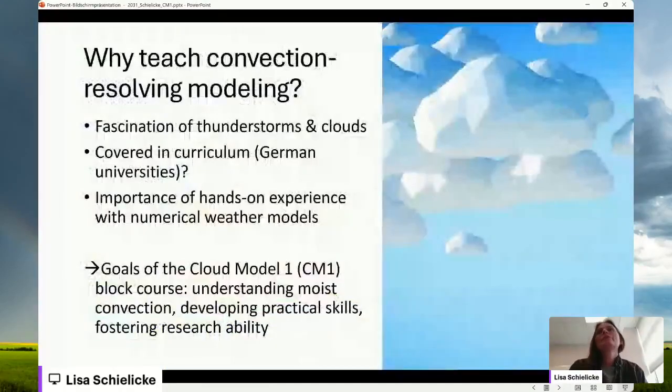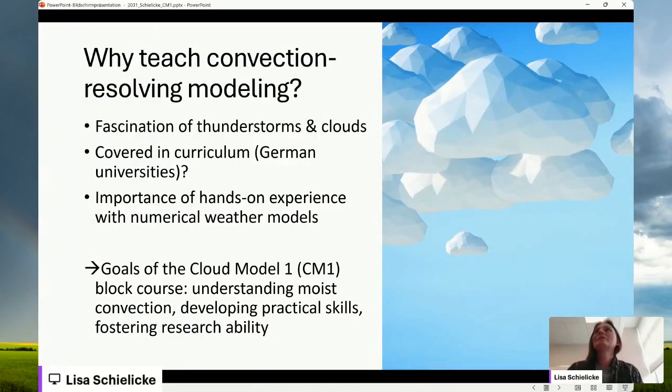So why should we teach convection resolving modeling in the university? Well, on the one hand, students usually are fascinated by thunderstorms and clouds, at least students in atmospheric science, meteorology, climatology, and atmospheric physics. However, this is from a German university course, and in Germany, usually these topics are not covered in that detail in the curriculum. However, it's important because most of our students go into